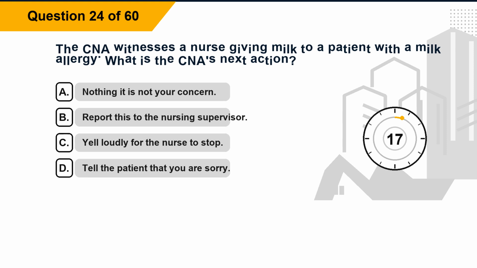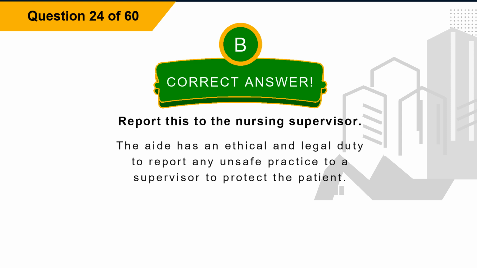Question 24. The CNA witnesses a nurse giving milk to a patient with a milk allergy. What is the CNA's next action? Option A: nothing, it is not your concern. Option B: report this to the nursing supervisor. Option C: yell loudly for the nurse to stop. Option D: tell the patient that you are sorry. The correct answer is option B: report this to the nursing supervisor. Explanation: the aide has an ethical and legal duty to report any unsafe practice to a supervisor to protect the